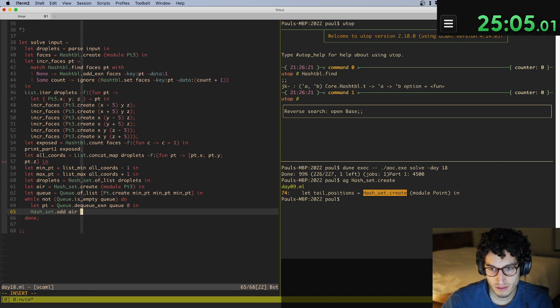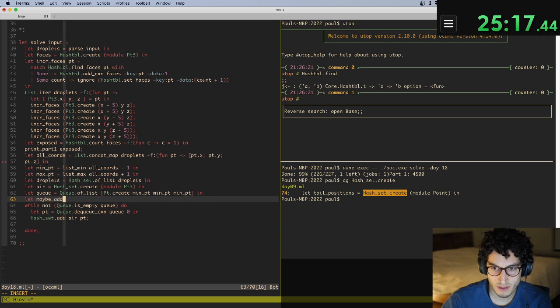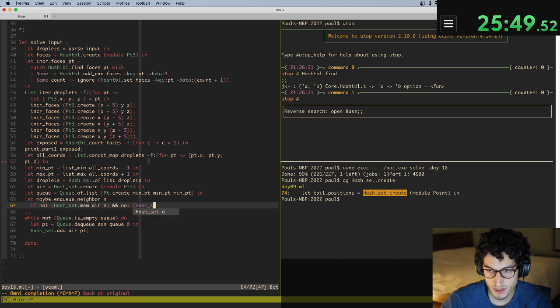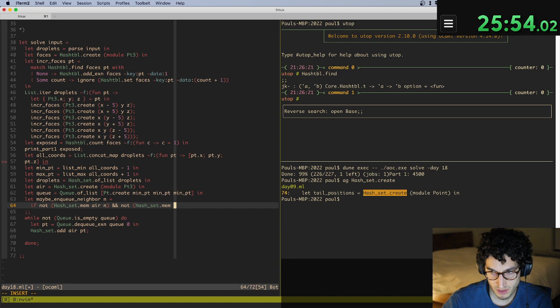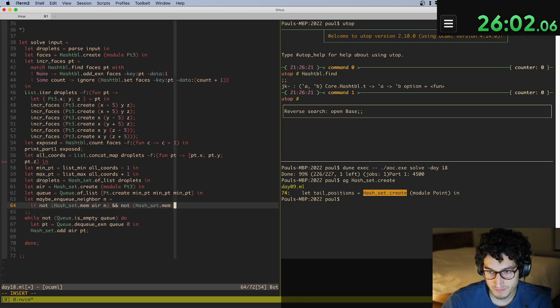Add air point. Maybe at... maybe enqueue neighbor. n equals... if not hash set dot mem air n and not hash set mem droplets n and